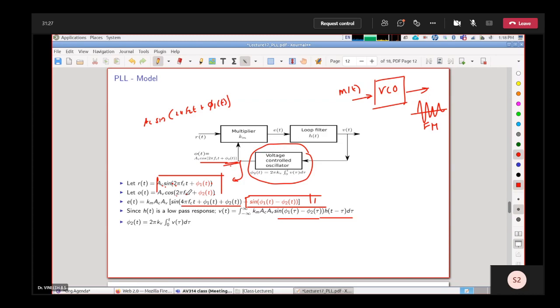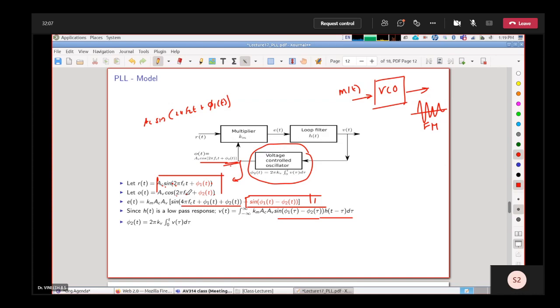This is why we are doing all this: this control loop is actually very hard to study. It's not a linear control loop because of several things that are present in the loop. For example, this error signal E of t that we are getting is not a simple function of the input signals. It's a sinusoidal function, a nonlinear function of the input phase differences. That itself makes the whole loop nonlinear and difficult to study.